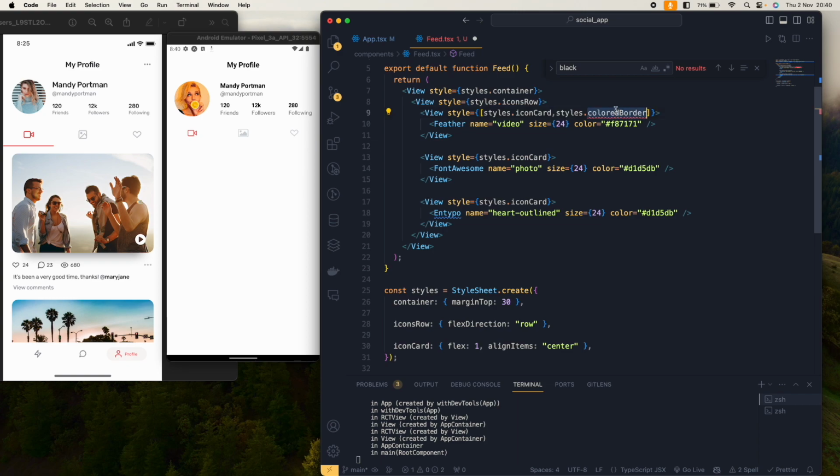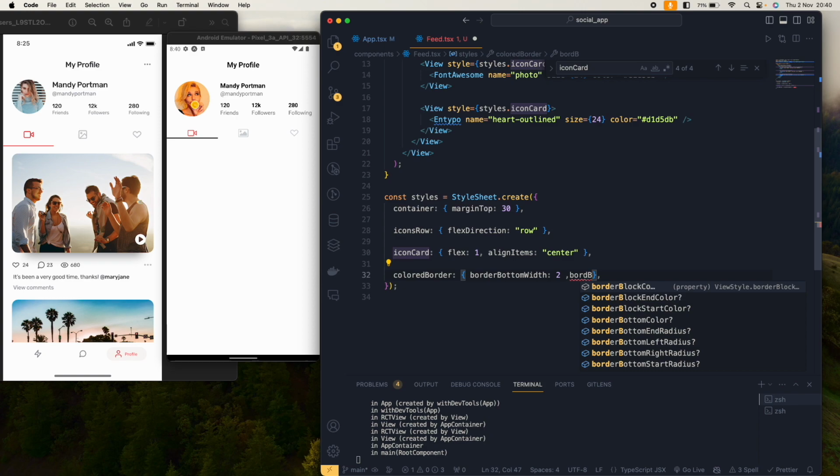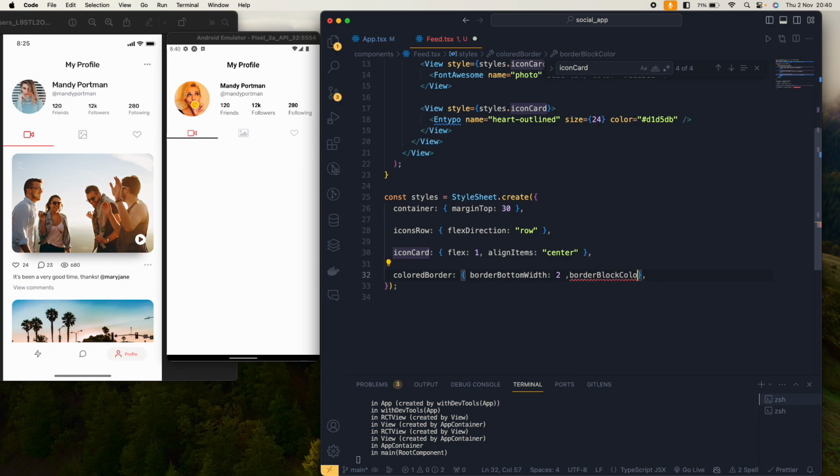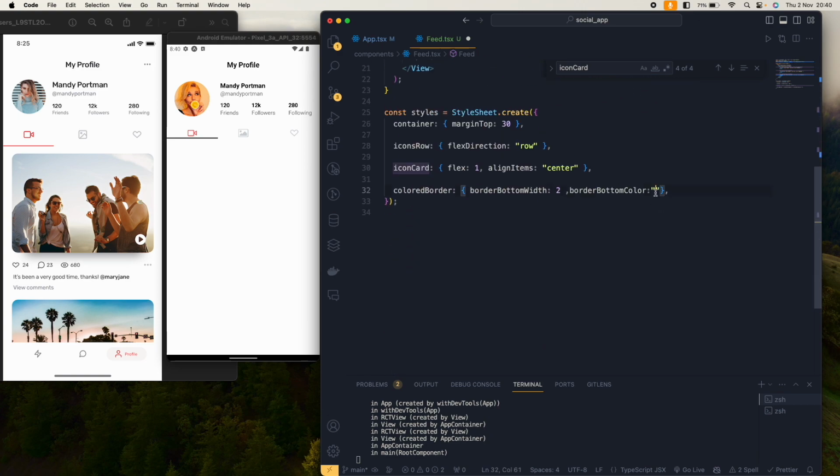border. So for colored border, I'll come down below, pass a style here, and give it a border bottom width. I'll give it 2, and then border bottom color. Nope, this is supposed to be border bottom color. I'll give it the same color that we passed to this here, right? So